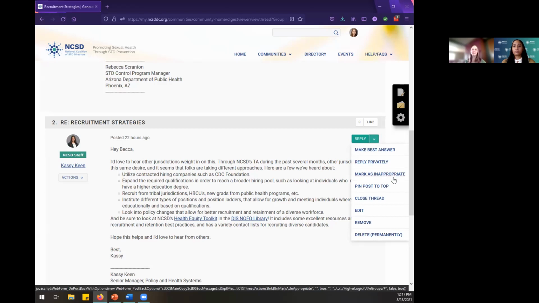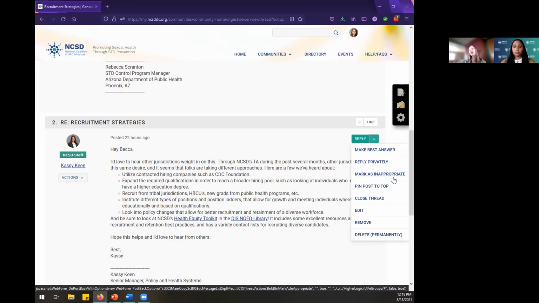The other option you'll have is the mark as inappropriate. So this is important for a few reasons. I pointed out the terms of use earlier. So we really do, again, want to keep this space respectful and safe for everybody to feel comfortable contributing in. And we welcome members to help us out with that, right? So my NCSD was built for members, and we really want it to be a space that you own and are able to utilize in the way that you see fits best of your needs.